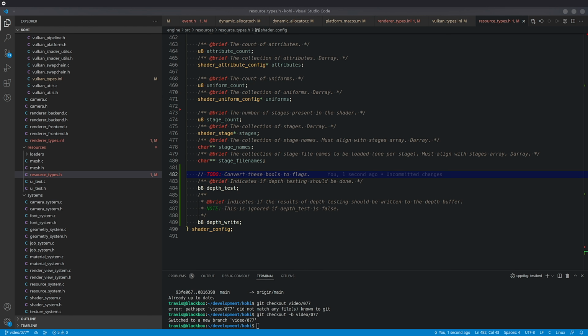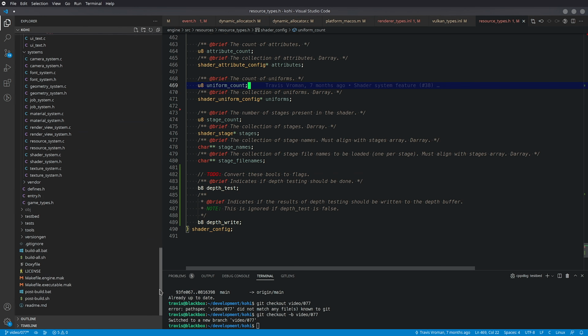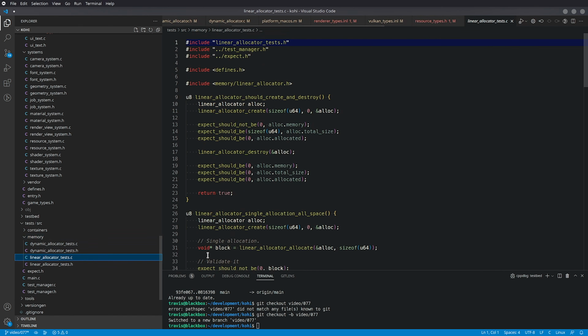Before we actually jump into the Vulkan stuff, I do want to jump down to our test project because I did actually mention that I found those bugs via unit tests. And this was actually because I was running some tests while I was prepping for this video is how I found the actual issue. So what I'm going to do is add the tests that I used to find these particular bugs. So